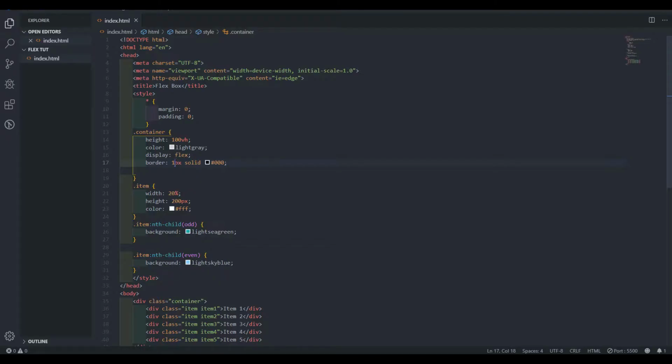So I guess 1 pixel is very less. We'll make it 3 pixel so that we can see properly. Yep. So you can see there is a border around the box, and these 5 divs are inside the box. And the main thing is these all are responsive. You don't need to set any size of these boxes. These all are responsive. If you just make the screen smaller, it will automatically get a response according to